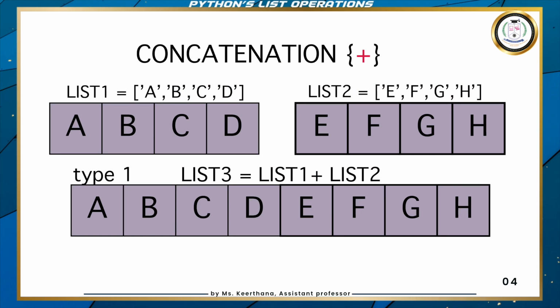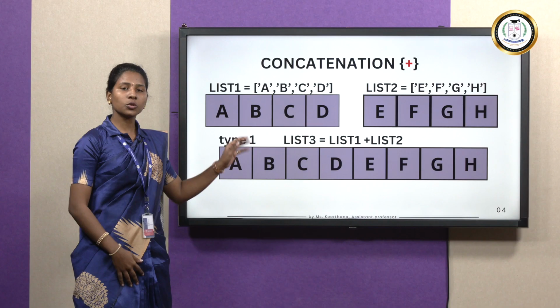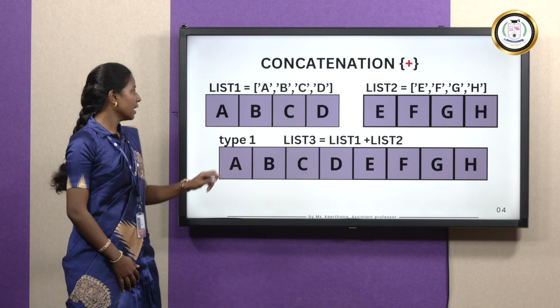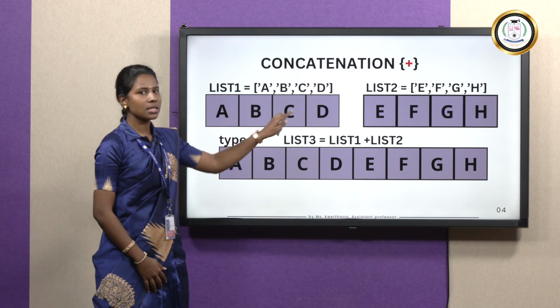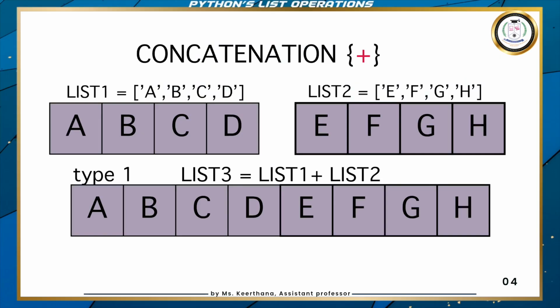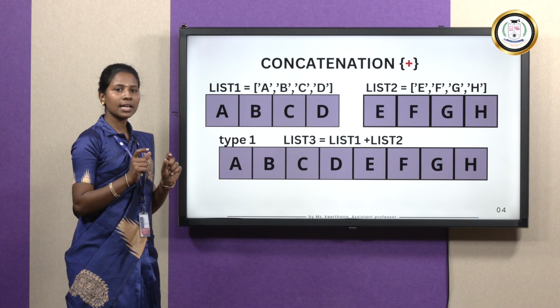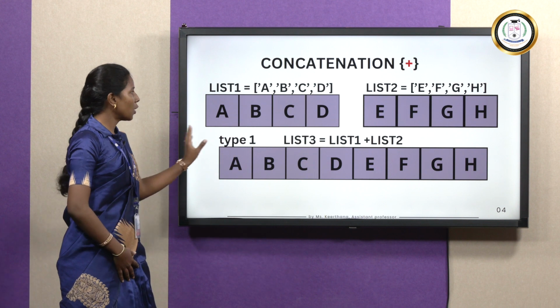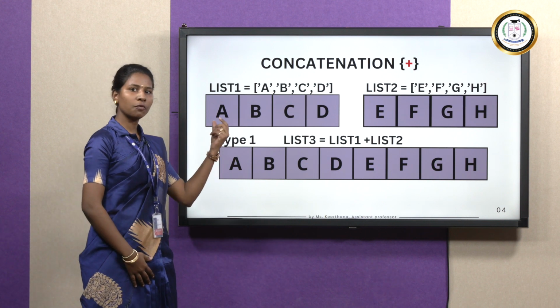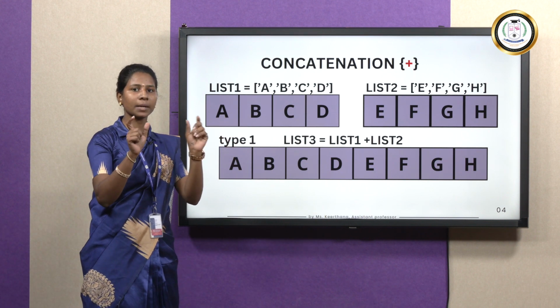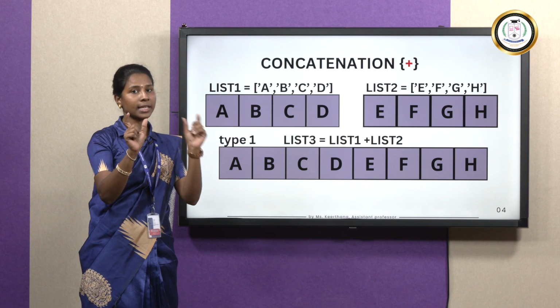Concatenation is nothing but joining 2 or more lists. To do so, we will be using the plus operator. Here, I have taken 2 lists, list 1 and list 2. List 1 has elements A, B, C and D. Similarly, list 2 has elements E, F, G and H. Concatenating follows a certain order. If I want to join list 2 at the end of list 1,